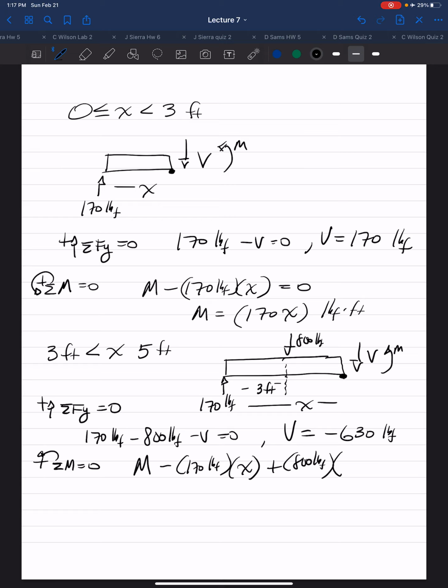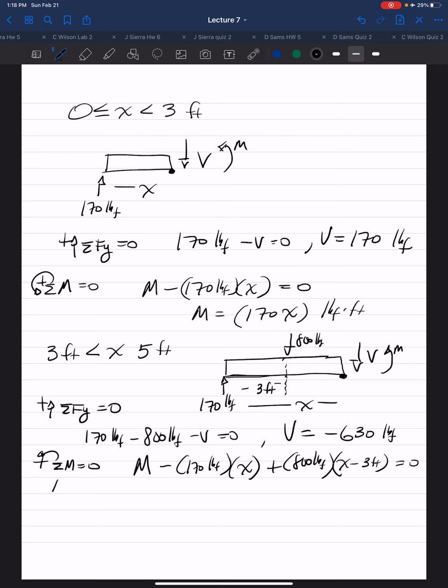If the total distance is x, and we know this distance here is set at 3 feet, then the difference from here to the point you're taking your moments at is your total distance minus the 3 feet. So times x minus 3 feet